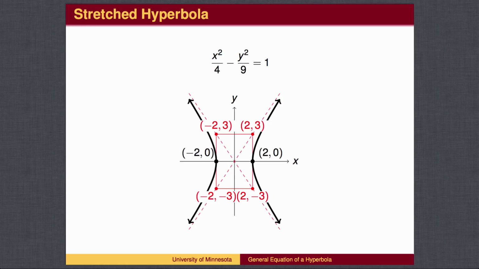Here is an example. The x squared term is positive and the y squared term is negative, so this is a hyperbola with vertices on the x-axis. The horizontal stretch factor is 2, so the vertices have x values of plus and minus 2. The vertical stretch factor is 3, so the asymptotes go through points which are 2 units left and right and 3 units up and down. The hyperbola is then graphed, starting at the vertex and heading left and right toward the asymptotes. If we wish, we could shift the graph as we have done with other graphs.